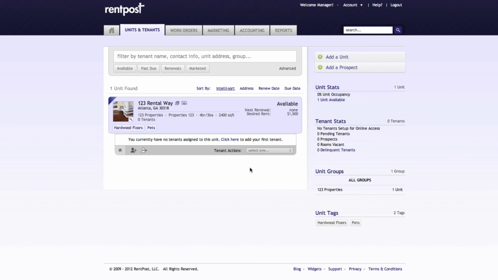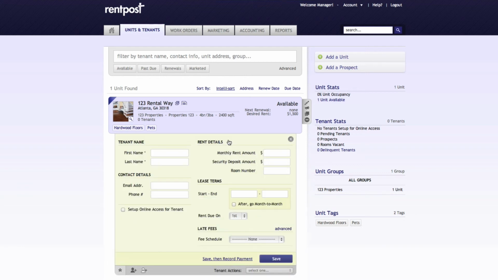And by adding a tenant, this is where you get to input all the lease terms and agreements within the tenant fields. So please, watch other videos so we can be very informed and you can make the highest use of RentPost to really simplify your life as a property